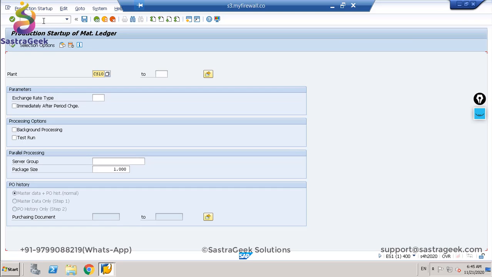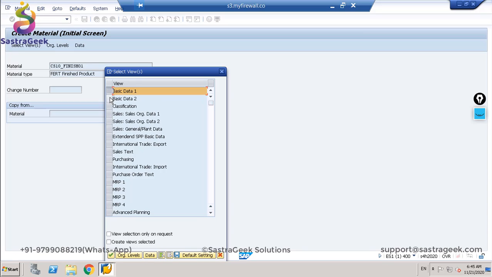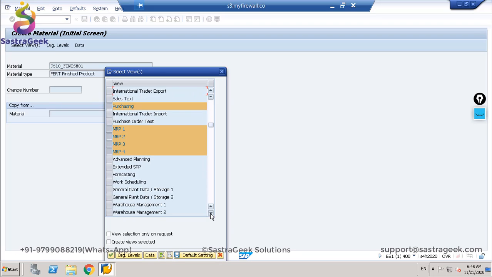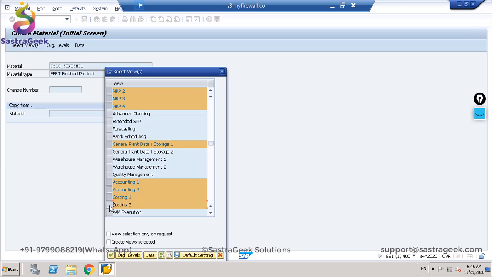Now let me quickly create master data. So I will use a material which I will upload into inventory, I will buy, and I will also sell. So I need the procurement details, I need the sales details. So that's the material I will create, which can be used for both. CS10, I'm using it here. CS10 finish 01, that is my material. Material type I will be using FERT, finished product. So I need basic data views, I need sales views, then I need purchasing views. Let me also put my MRP views, general data storage views, accounting views. That's it. So plant is CS10,